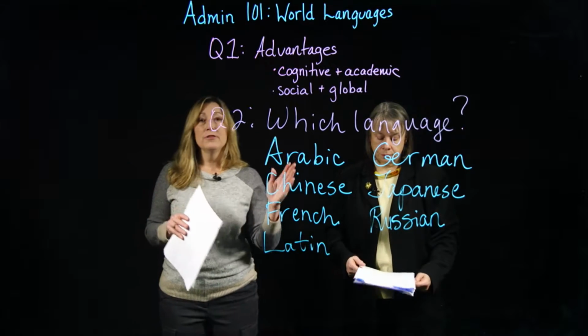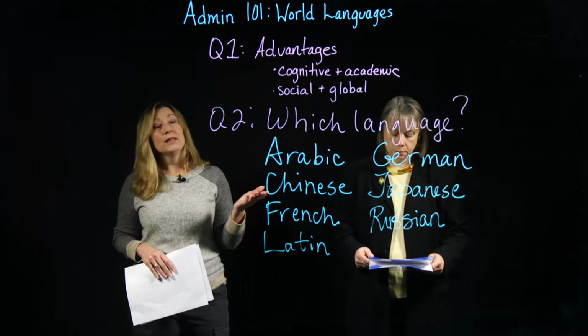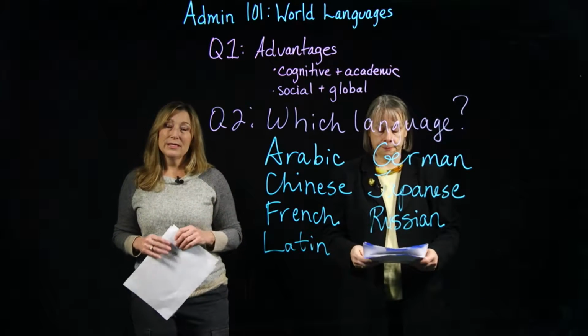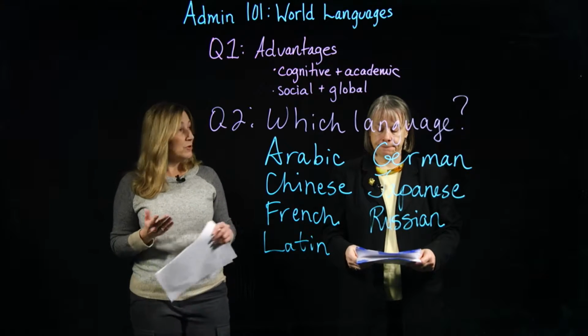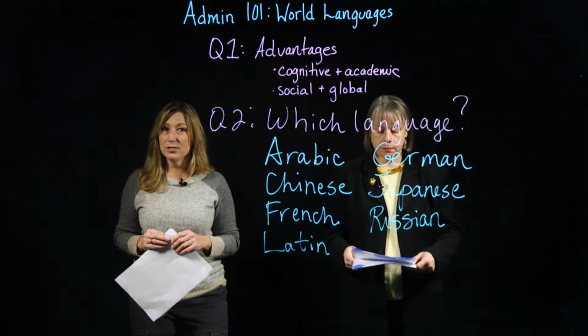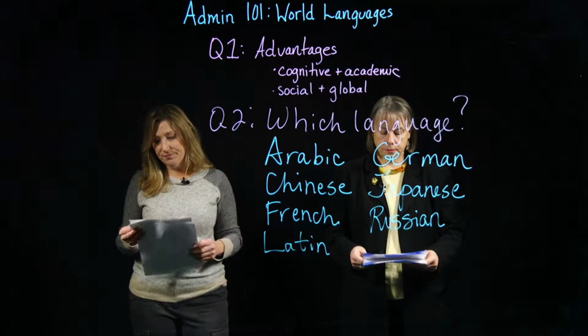Now, we need to narrow this down even further. In your community or your state, what languages are you seeing around you? And this is going to be unique to every area. So, for example, in Lexington, Kentucky, we have the 4th largest Congolese population. Thus, they're speaking French. And that might be a need for our schools.